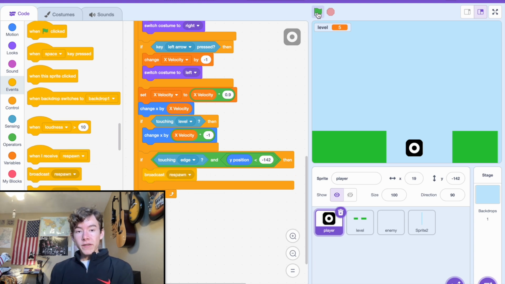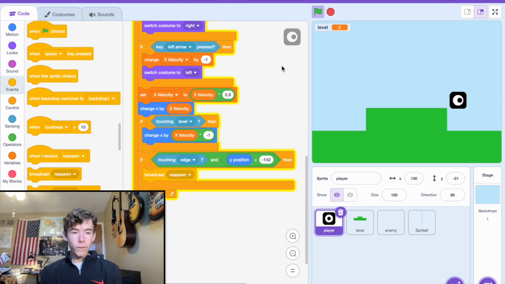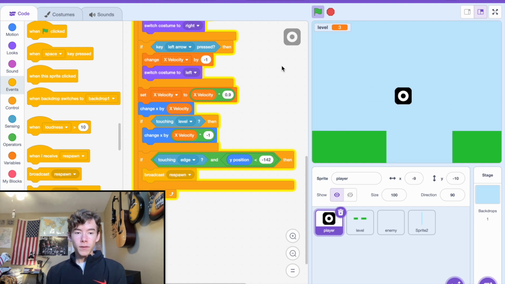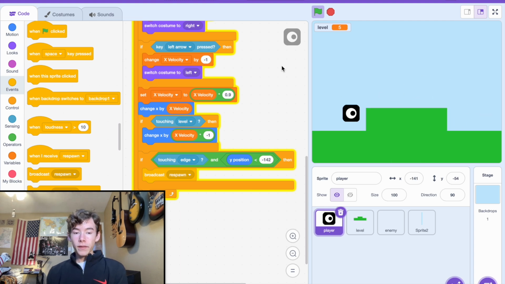So now we can run this in our game, go through the first 2 levels really fast, and then once we get to our level 3, we're going to see if our script worked for our pit. Awesome, so now if we fall in the pit, we can see that we respawn at the beginning of the level. And that's awesome. Alright, and that is it for part 2 of this tutorial,